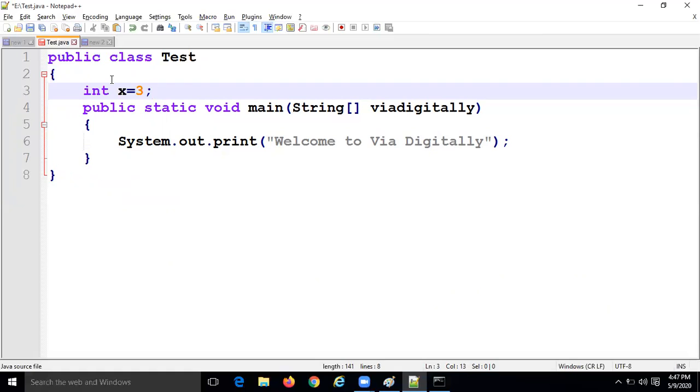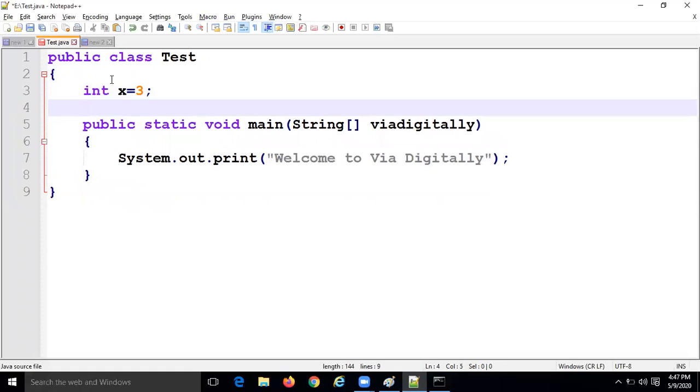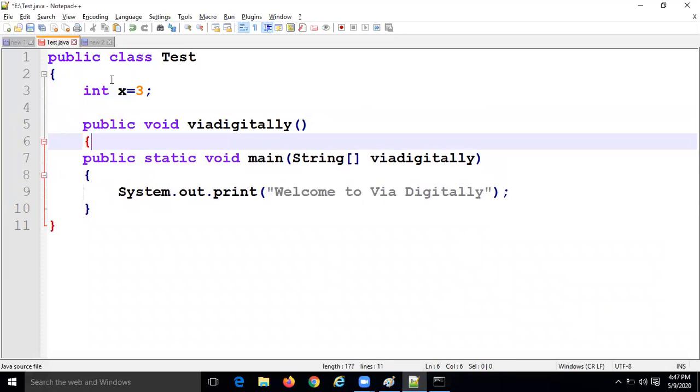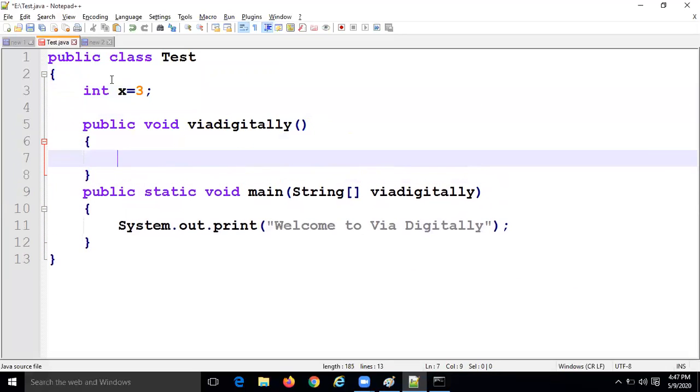I'm creating one more, an instance method as well, public void viaDigitally method. Both are an instance variable and an instance method.